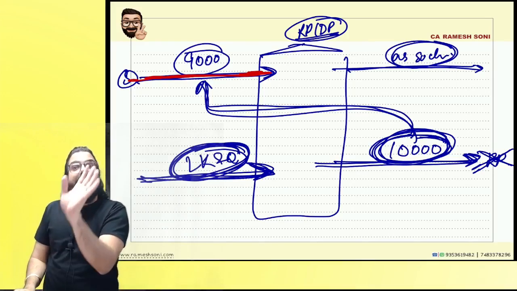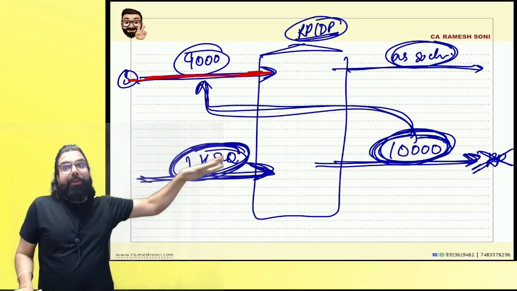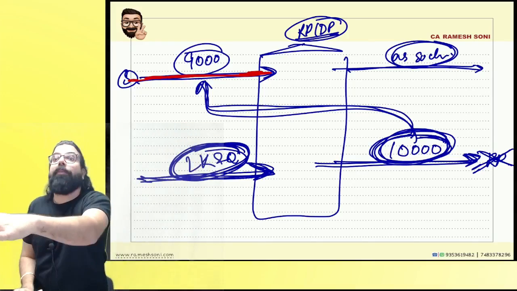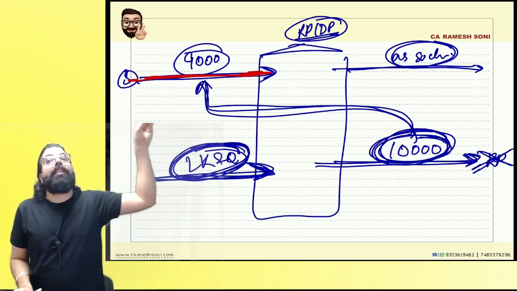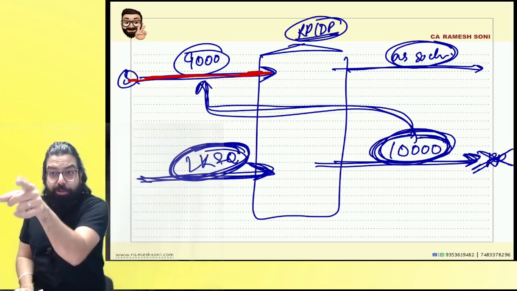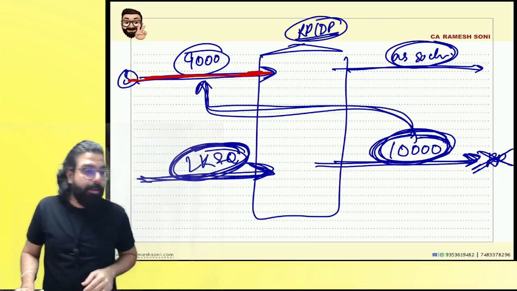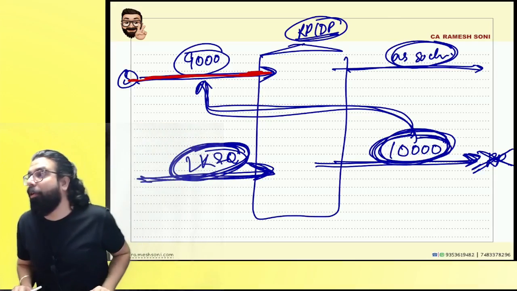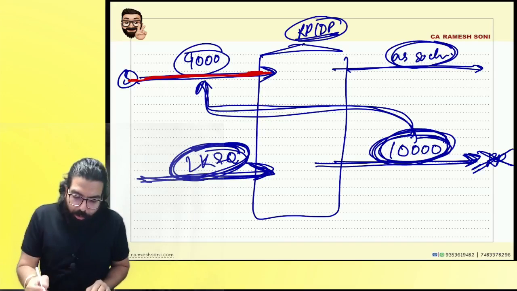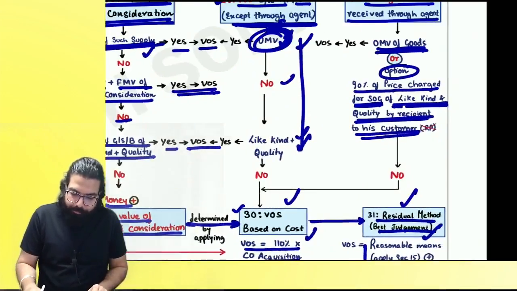If by chance you see in the exam the goods' sale value is given and you are taking off that 90%, please write an assumption that it is assumed that the sale value is of like kind and quality goods. Assumption is also written. Please solve question answers. You will remember. Are we all 100% clear? Can I go ahead, everyone?